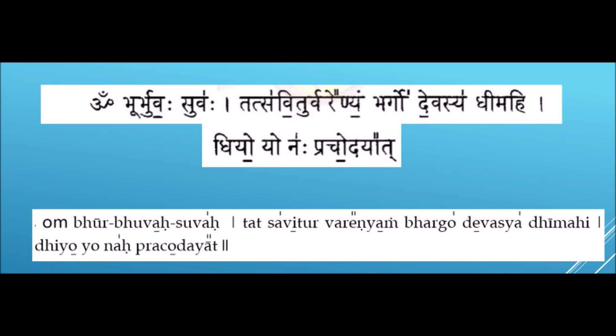So we have covered the pronunciation aspects. Let's recap. Number one, wherever you see the H without a dot below, which follows a consonant, you add the force: Bhur bhuvaha, bhargo, dhimahi, dhiyo. Number two, the retroflex N in Varenyam should be pronounced with the tongue touching the roof of the mouth. And number three, the visarga rules: it is pronounced as bhuvas suvaha, and here naf prachodayat.